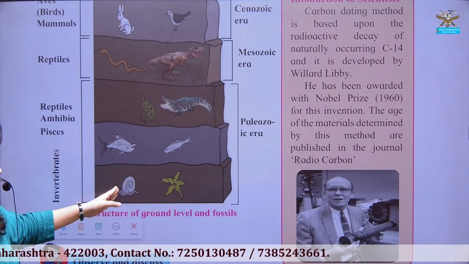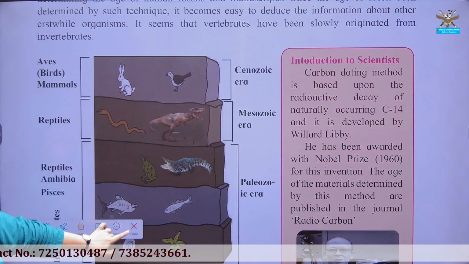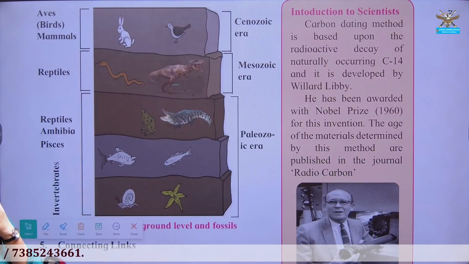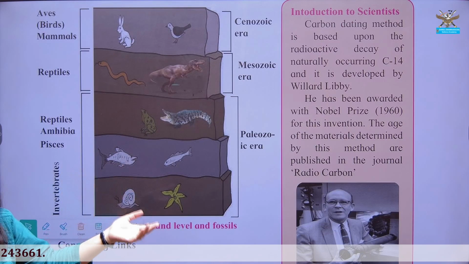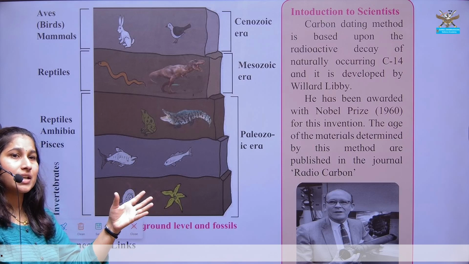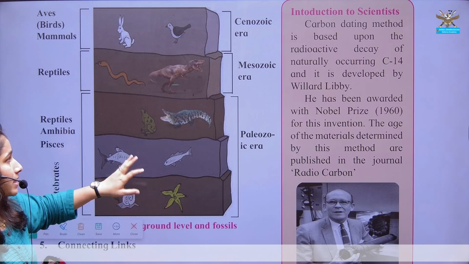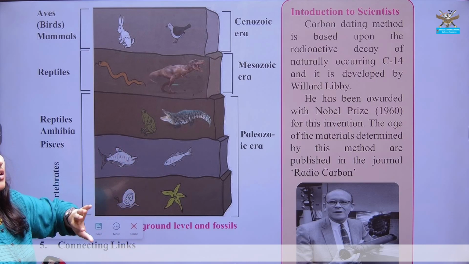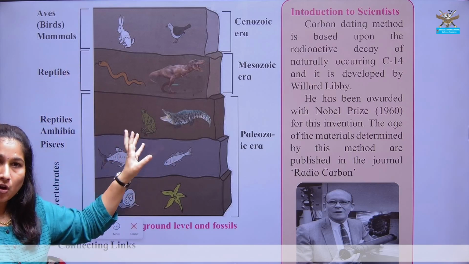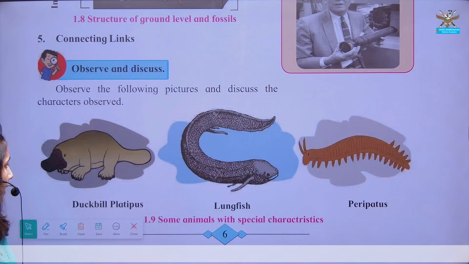Paleozoic era of your aquatic animals, invertebrates was in. So in different eras, different organisms were observed, and due to some kind of changes in environment or climatic condition or habitat, these organisms could not tolerate the harsh conditions, and they died, or their lives ended. So when their life ended, in some way impressions were made on a particular type of rock, and this rock we use as evidence or study connecting link.